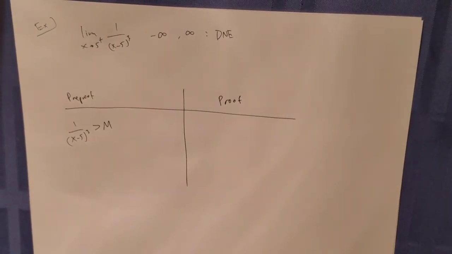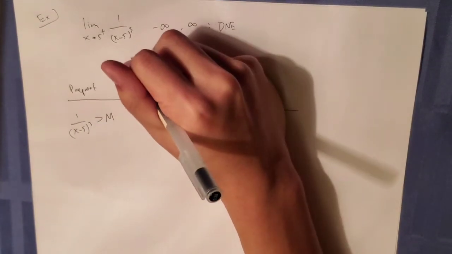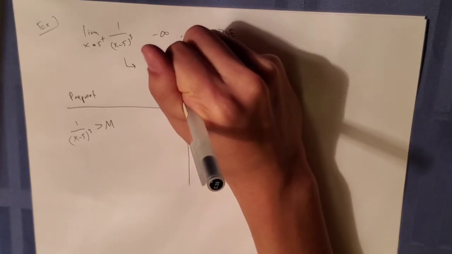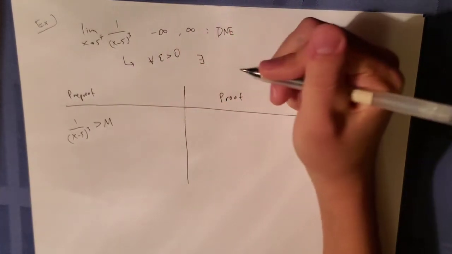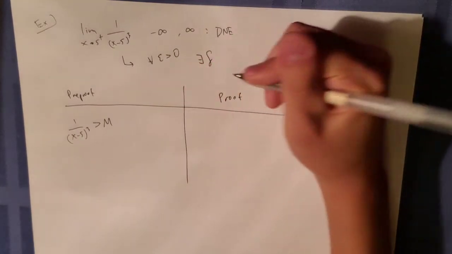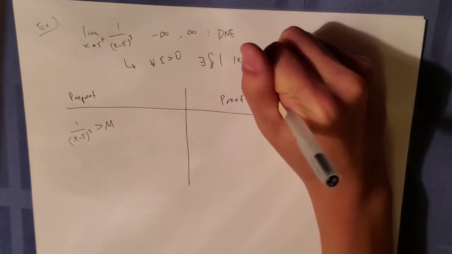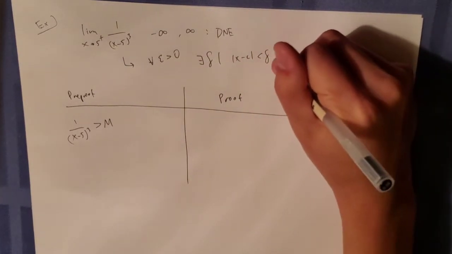Okay, so sorry, let's do our statement here. So therefore, we're implying that for any epsilon greater than 0, there exists, oh boy, we're back to delta such that x minus c is less than delta, implying that,